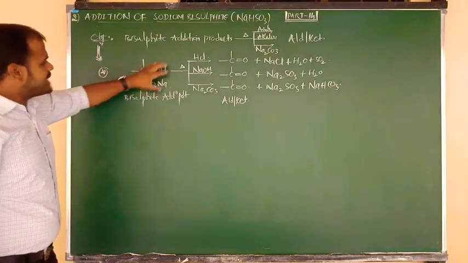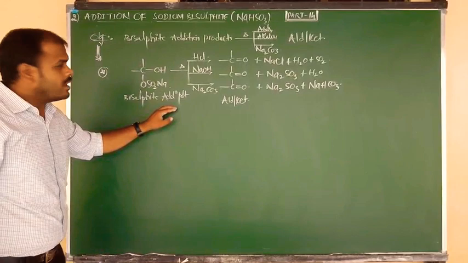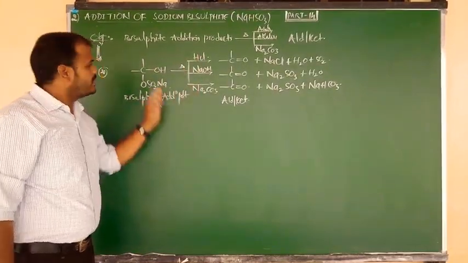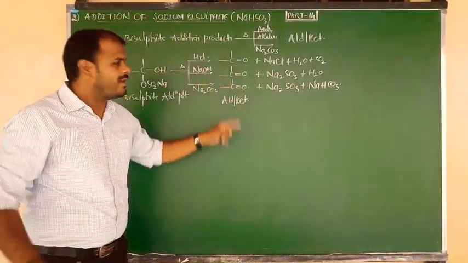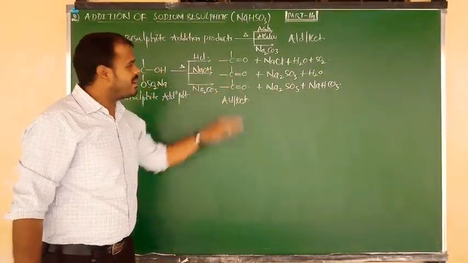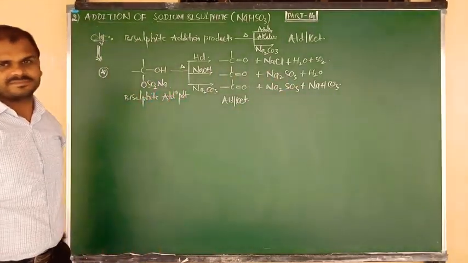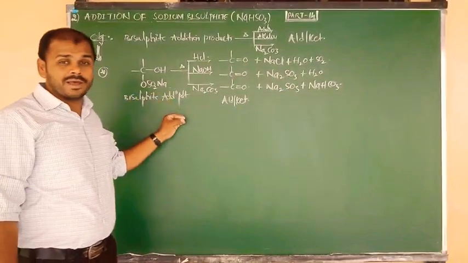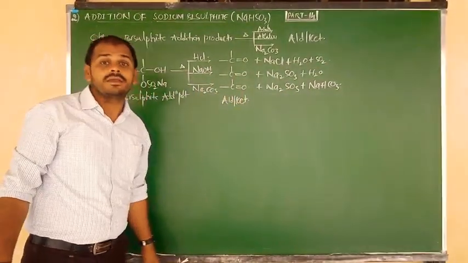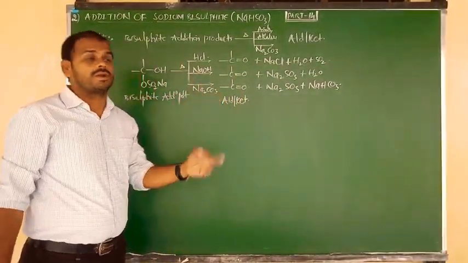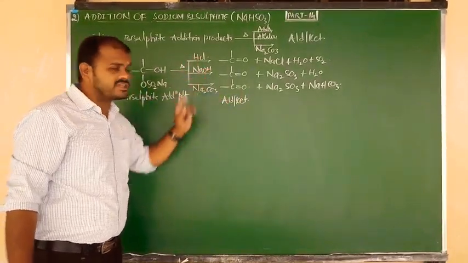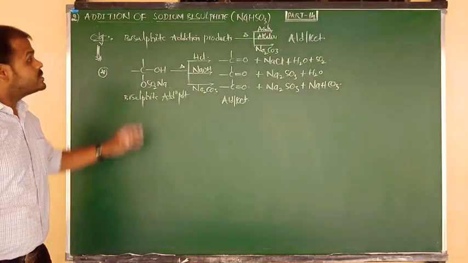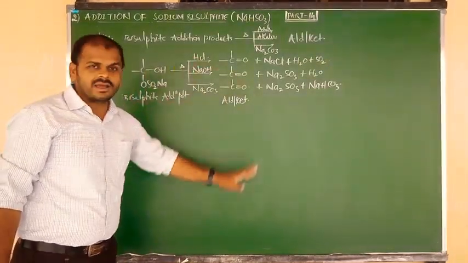So once again I am going to say the common concept from the objective point of view. Bisulfide addition products upon heating with acids, alkalis, or carbonates can be converted back into aldehydes and ketones after the loss of some byproducts along with the formation of others. So in how many methods can they be converted back? Three methods: upon heating with acid, upon reaction with alkalis, upon reaction with sodium carbonate.